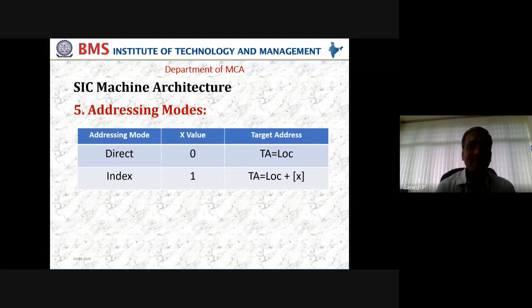So the system has a mechanism to identify where my file is located. But on the other hand, the user per se, people like us, do not have any control over the location at which a program can be stored. If that is the case, how the system is going to understand is what we are going to look at here. That is nothing but our target address. And this target address might keep changing from time to time.